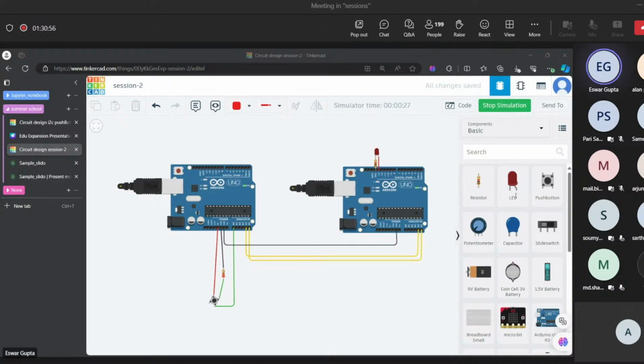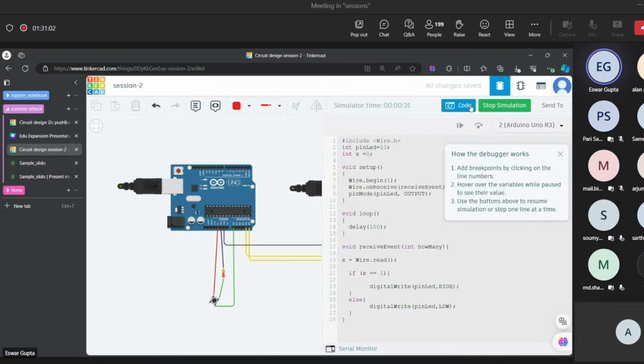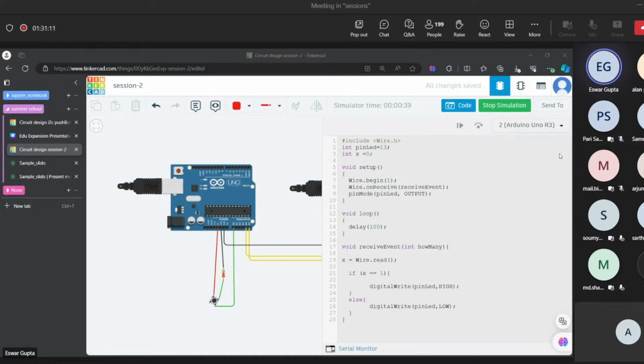I got error invalid header file. So when you get the error invalid header file, it most probably means you might have made some spelling mistakes somewhere. Don't worry, and don't waste too much time trying to debug that. We will share the code with you, then you can verify. Most probably it will be due to some error.